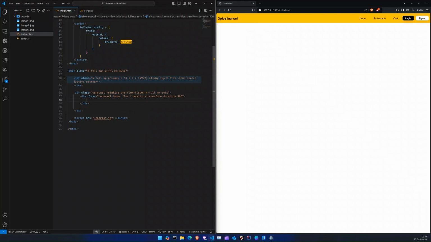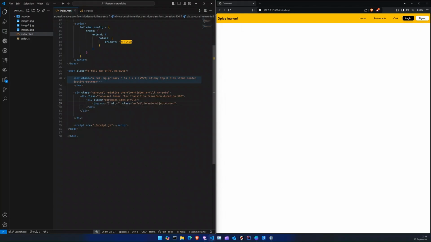Alright, and now I will add one slide. Now carousel item, width full, and here I will insert an image, img w-full for sure, h will be auto, object will be cover,